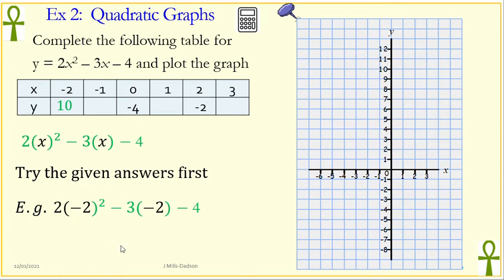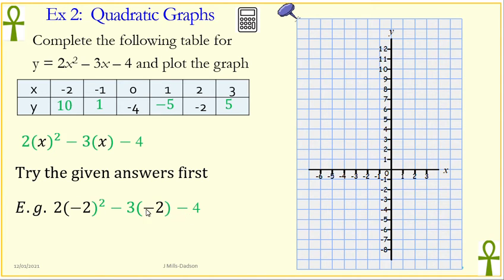Now all I need to do is use the cursor, go back and only change the -2 into -1, and I press equal sign. That will give me 1. I'll go again and change the bracket number to 0. So you keep doing that. That will give you -4, and 1 will give you -5, and 3 will give you 5. So remember, set the calculator right and only put in the x values, and that will always give you the right